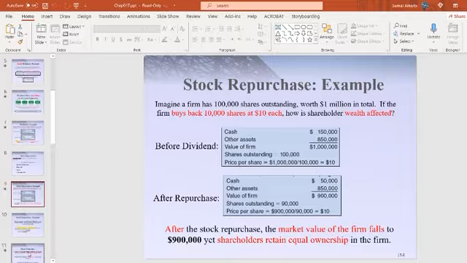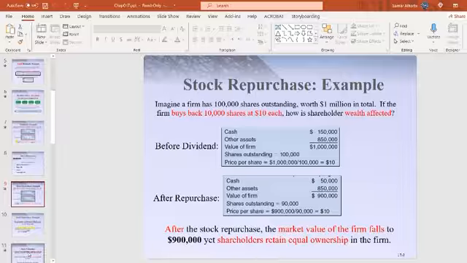Now, the only difference here from the previous example is that the number of shares outstanding in the market is lower because the company already repurchased their own shares. They repurchased 10,000. So the remaining in the market, we will have 90,000 shares. Now, when you do the calculations, the price will be 10. No change here. If you go to the dividend, for example, this was 9. Okay, this was 9 because we were dividing by 100,000. Here we are dividing only by 90,000, right? We already bought 10,000 shares from the stock.